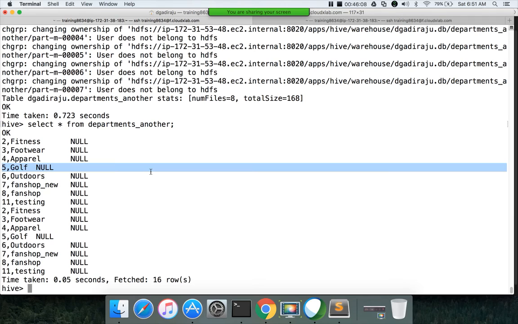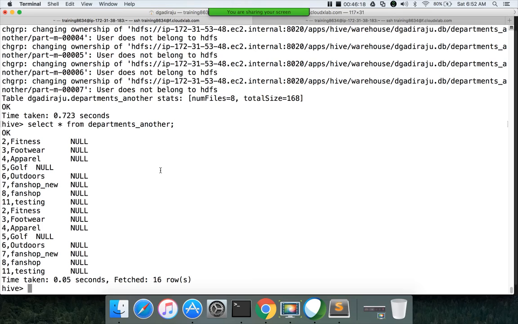Okay, so this is the behavior of not having the table structure defined and the data structure consistent. In this case they are different, that's why we are seeing this issue. So here we have to change the delimiter from comma to pipe, and then we should load the data into these tables to query them properly.